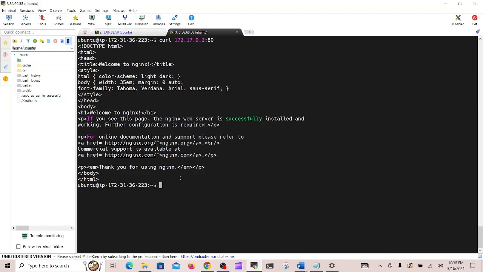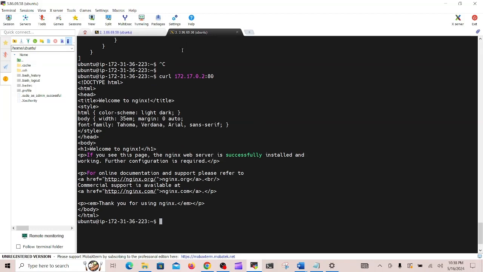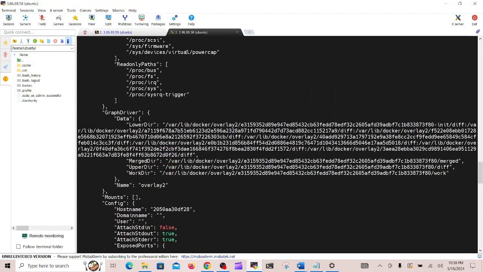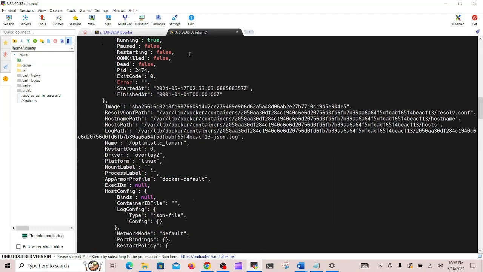How to see Docker files from outside and inside. So from outside means that server user like Ubuntu. Here is the Ubuntu user, then EC2 IP. This is the outside. That one should be curl. Then this default IP you have to find out by inspect. This default IP I found out. See here,